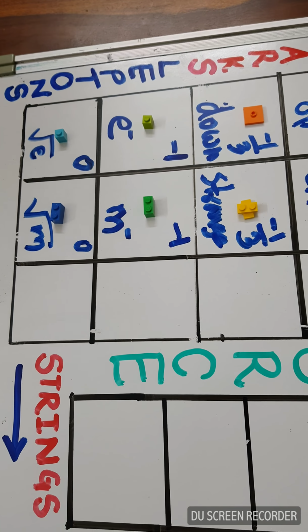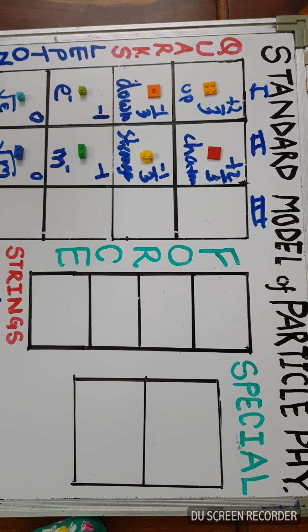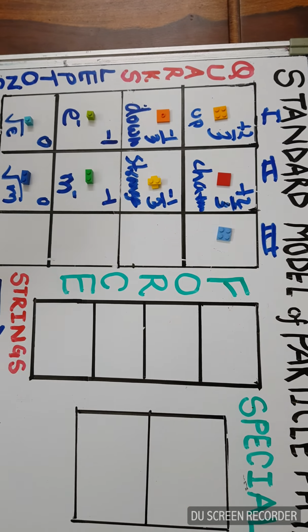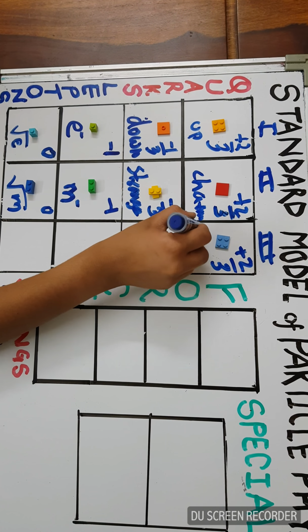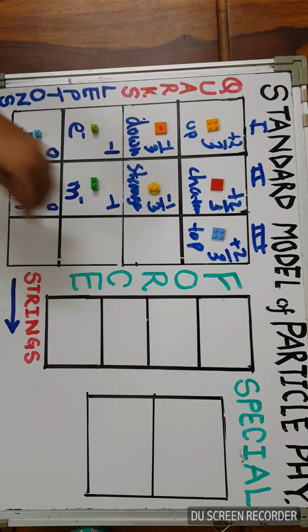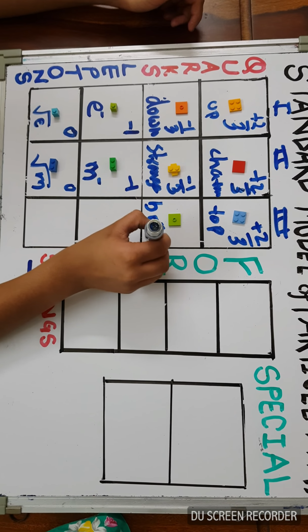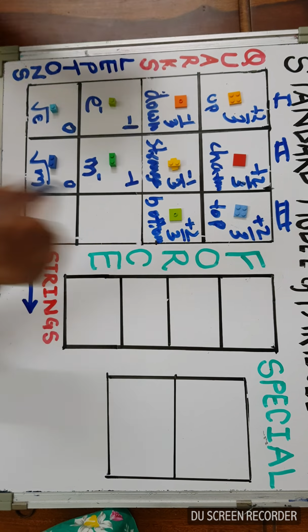The third generation was quite similar, and it shared characteristics with the second generation of being very hyperactive. Here we have the top quark, which also had a charge of +2/3. The next particle was the bottom quark. Here's the bottom quark, and it also had a charge of +2/3.